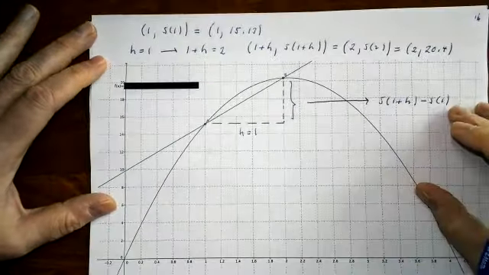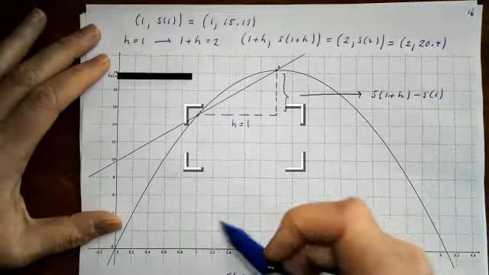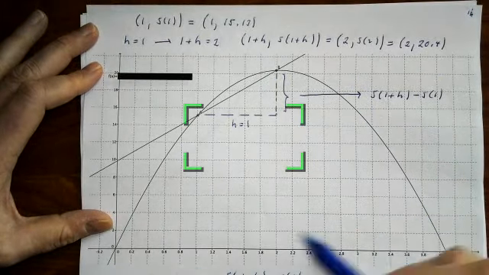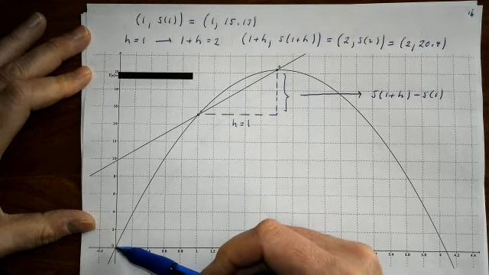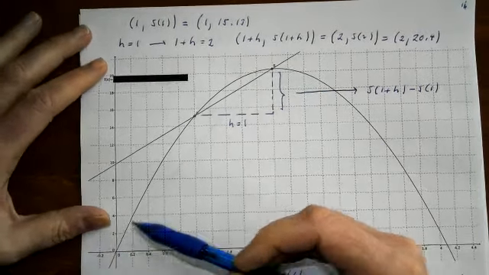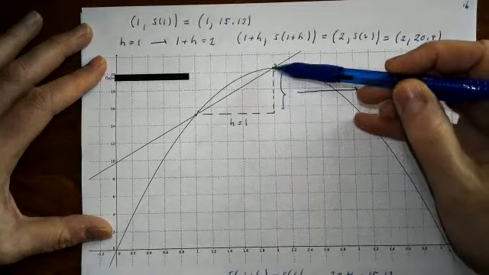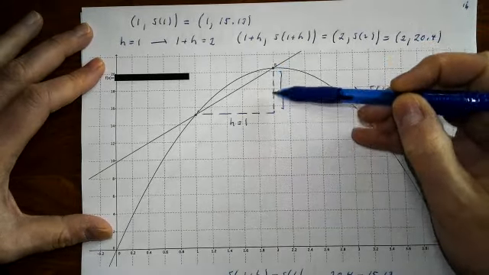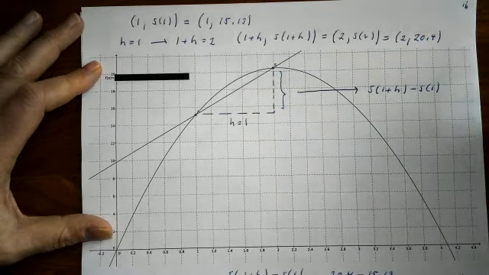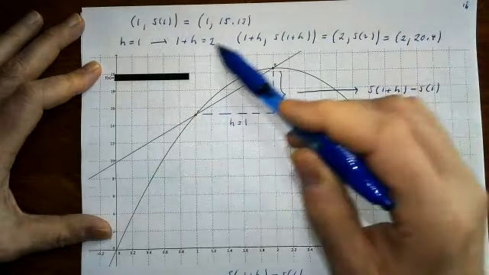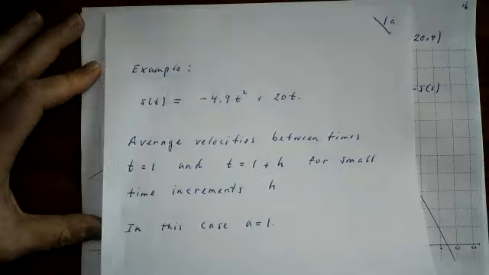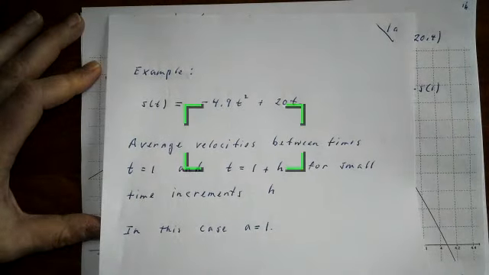What I've done in this picture is I've graphed the parabola. So at time 0, we see the object is 0 meters above the ground. Units are meters and seconds here. And at about 2 seconds, the object reaches its maximum height. So s of 1, if I use the formula for s and plug 1 in,